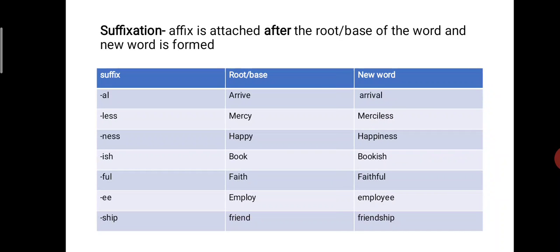Suffixation, where the affix is attached after the root or base of the word and a new word is formed. When you learn it, you come to know prefix means before the word and suffix means after the word. So here are the examples. Again, there is a suffix, root word, and new word. The suffix al, arrival; less, merciless; ness, happiness; ish, bookish; ful, faithful; ee, employee;